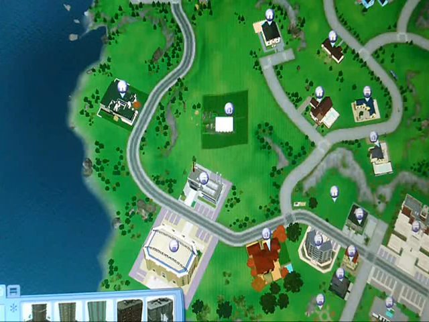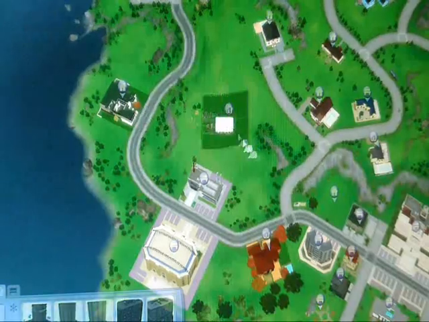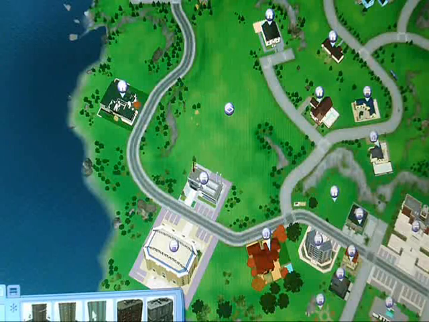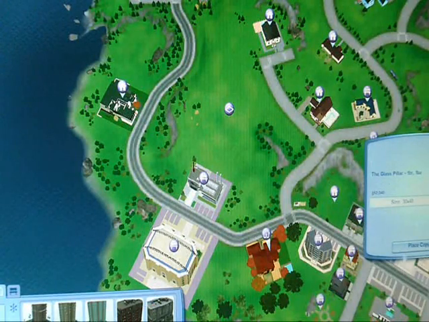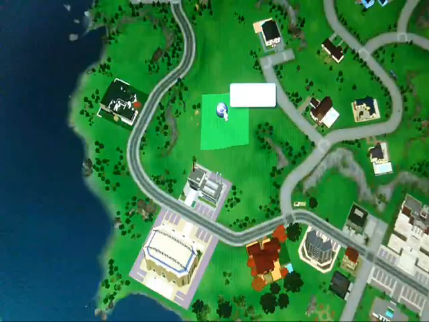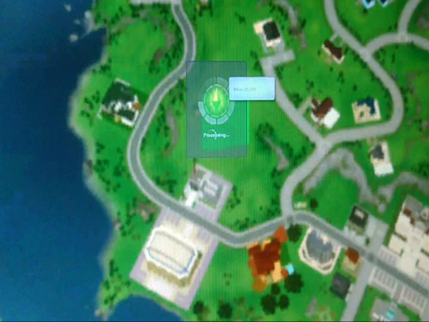So let me just bulldoze this so that we can place it right there. I hope that's a big enough lot. I think it is. So let's say I want to use this lot, which is the one I used in my story. Okay, you place it onto the actual lot itself, and it'll process for a bit, and then it'll place the house. When you get there, you have to type in testing cheats enabled true, and then